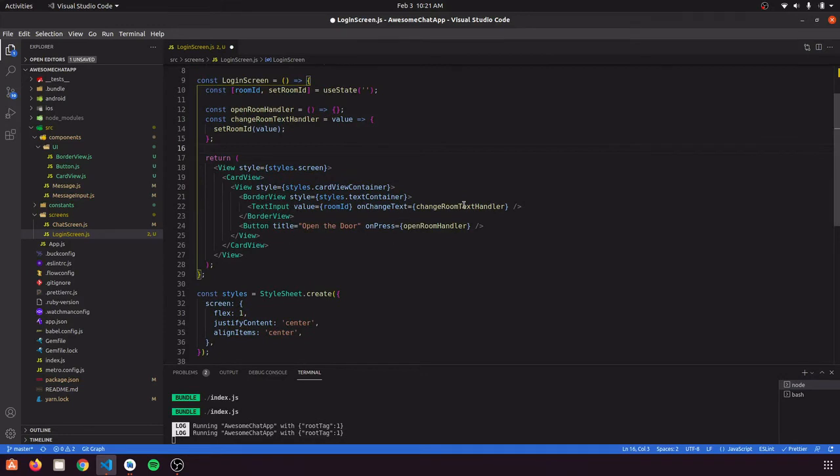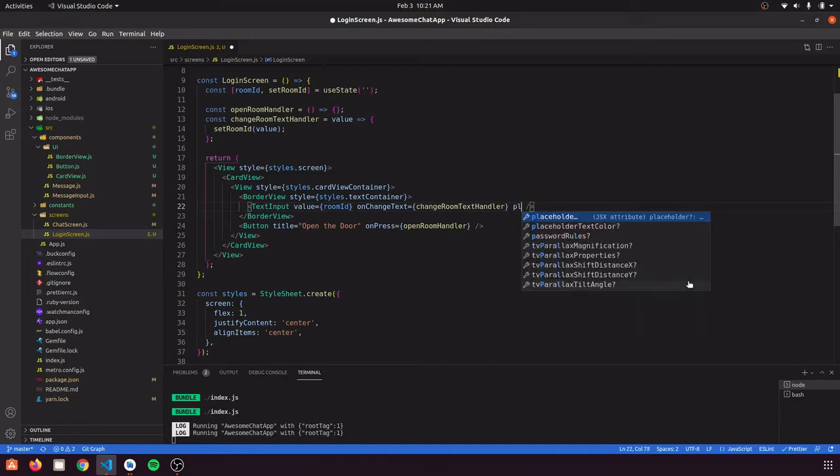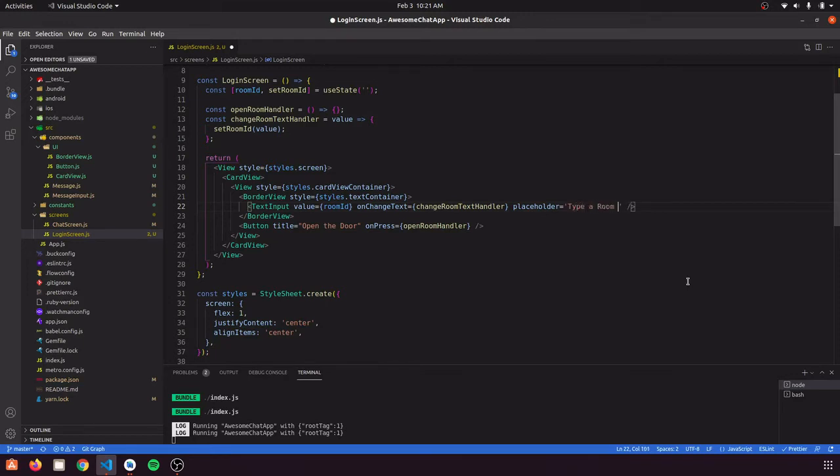And this text input would have some more properties like style and placeholder. For placeholder, we are going to give it type room ID here, and we are going to give it a style also.